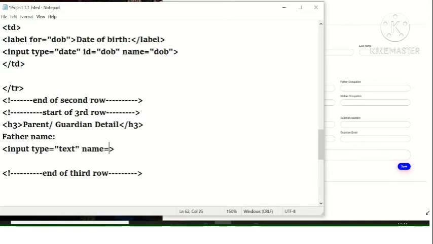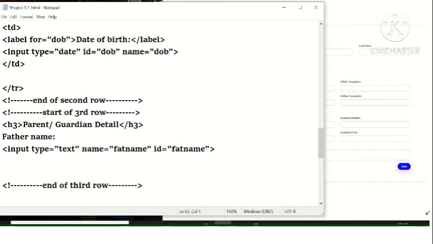Please note that in this case we are not using any label for this input type. We can still give the ID, but we have not taken any label in this case. Label is used for the reader's or coder's readability so that he is able to understand where this ID is being used. It is optional and your program will work fine even without it. Many students also have this approach in mind and it is fine.